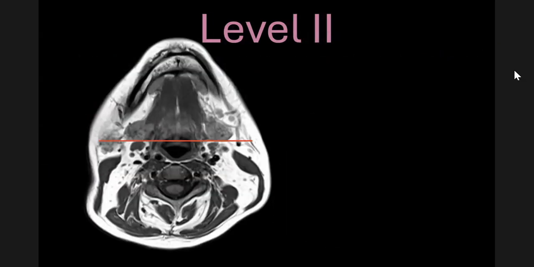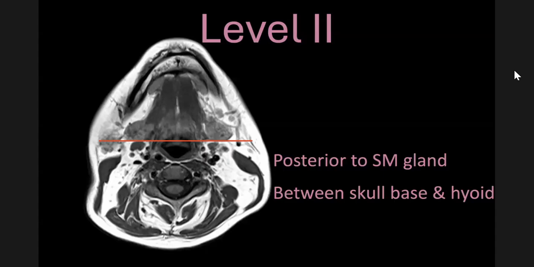So any lymph node that is posterior to the posterior margin of the submandibular gland and is anterior between skull base and hyoid, of course. So we also use the superior-inferior landmark. These lymph nodes are inferior to the skull base and are superior to the hyoid bone. So above the hyoid bone, below the skull base, and posterior to the submandibular gland, and these